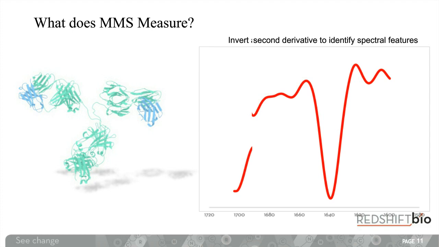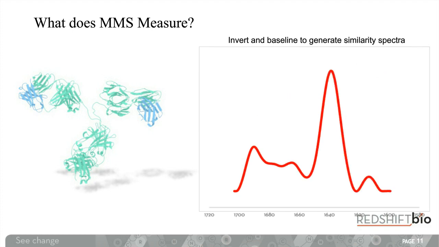We then also turn this upside down and baseline it and compare the spectra across your range of samples mathematically and give you a percentage similarity comparison so that you can very easily use one sample as a reference and compare all of the others to it. And this has a great utility when you are running an automated system, as the AQS3 Pro is, because you'll very, very quickly generate very large data sets, and this allows you to very quickly look at your data and to find out where changes may be happening or where the biggest differences may be between different samples.